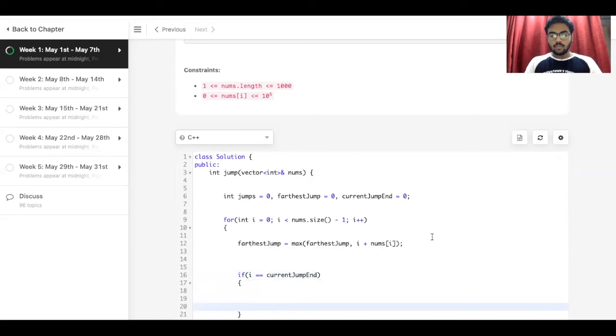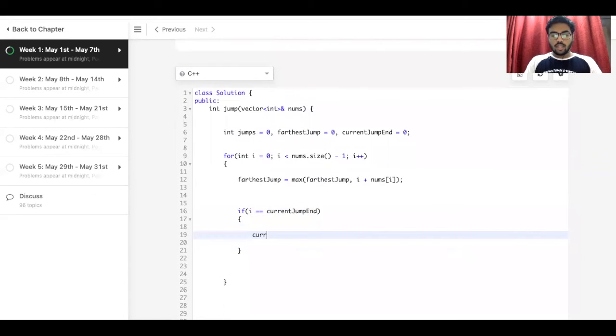At that time, we update the current jump end to the farthest jump, and we also increment jumps, which is the counter of how many jumps we take, with plus plus. So the intuition is very simple.